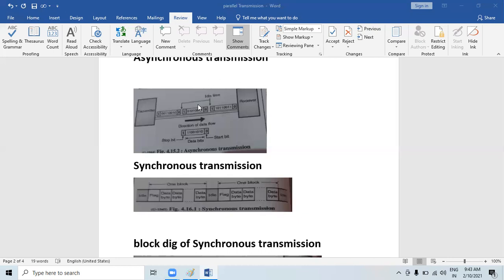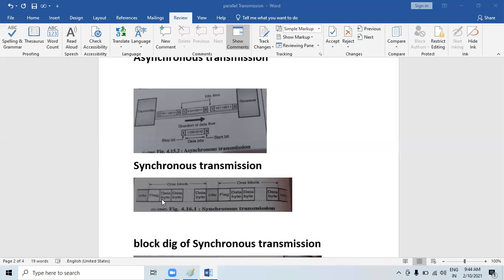The synchronous transmission is carried out under the control of a common master clock. Here the bits which are being transmitted are synchronized to the reference clock. No start and stop bits are used. Instead, the bytes are transmitted as a block in a continuous stream of bits. So in this figure of synchronous transmission, you can see that there is an interblock idle time which is filled with idle characters.